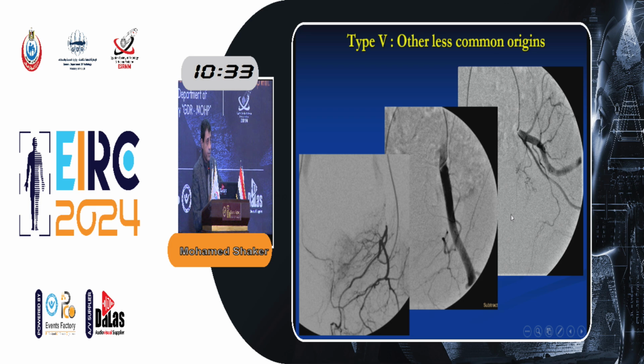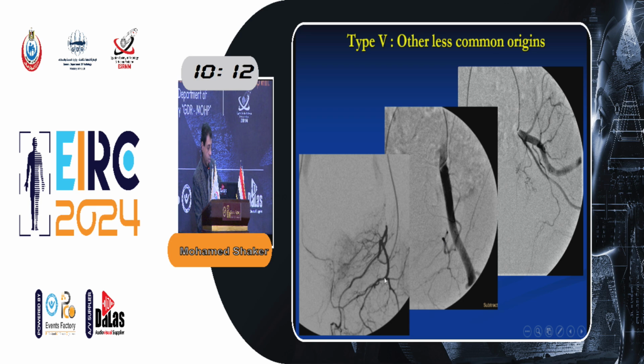Type 5, any other origin other than the first four classes, and here the prostatic artery arises from the external iliac artery, as you see here. There is no prostatic artery from the internal iliac artery. This is the external iliac, and this is the origin of the obturator together with the prostatic artery,